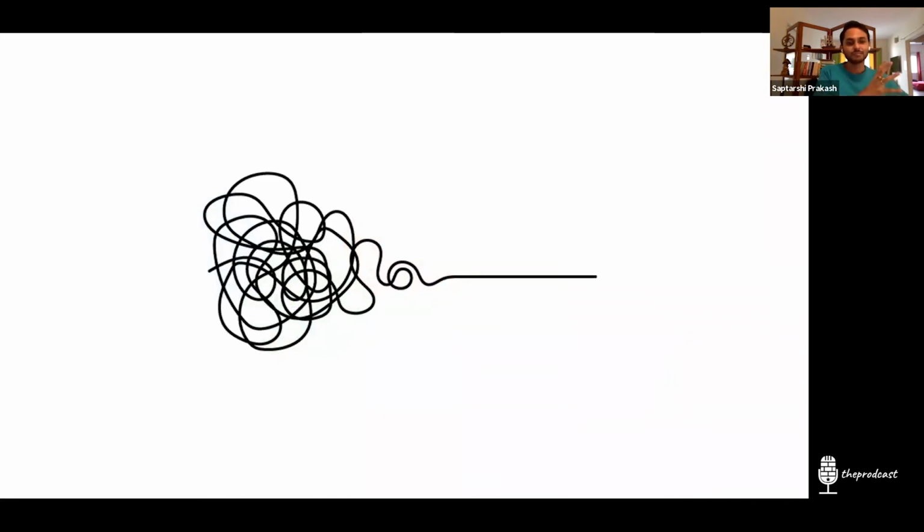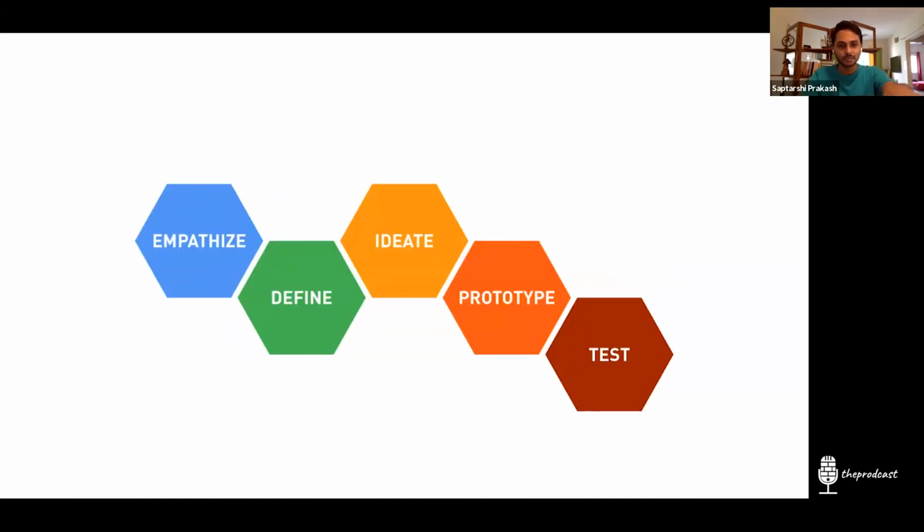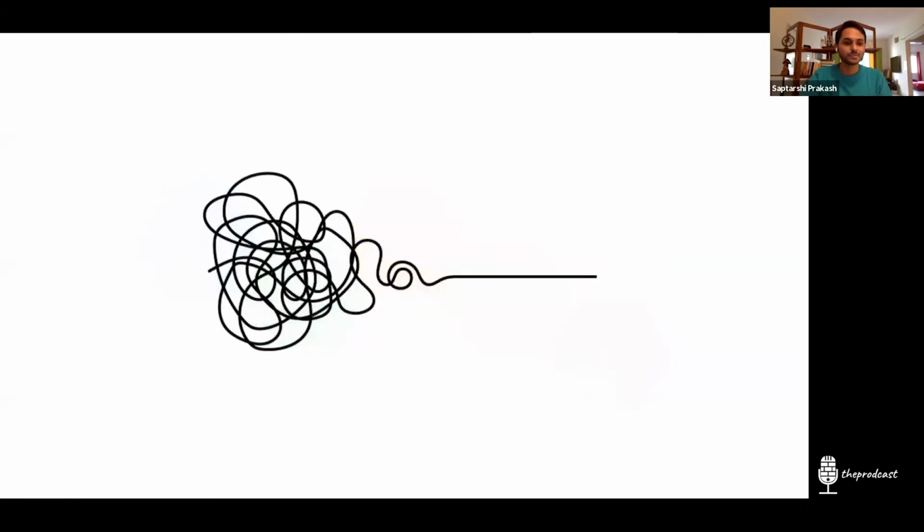Yes, all the 5 things that you put there, which is shown in the previous one, are valid. They happen, but they do not necessarily happen in the order that is said. A real design process in the real world is something like this, what you see. Yes, it has the different stages, but there are lots of backs and forths. The color blurbs that you see are similar to the colors: empathize for blue, define for green. I just tried to draw a map of the reality versus what is told to you, right?